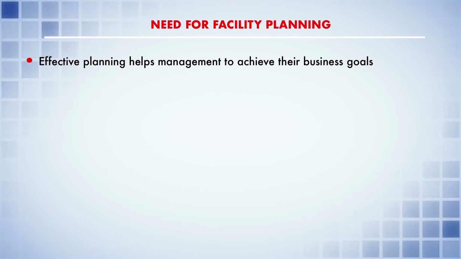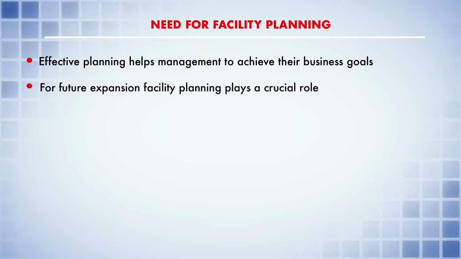Now, what would be the business goal? To minimize the cost and to optimize the profit. Now, how will you optimize your profit? If your price is at a constant level, you have to minimize the cost. For minimization of cost, you have to minimize the wastage. For minimization of waste, you need to reduce material handling and material movement, and that is the function of facility planning.